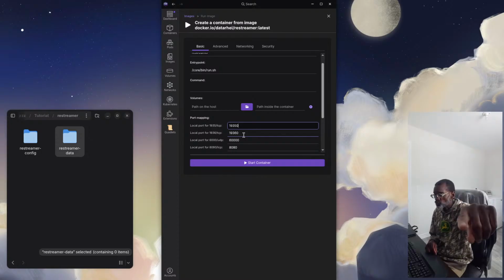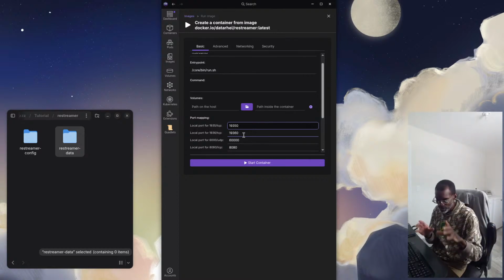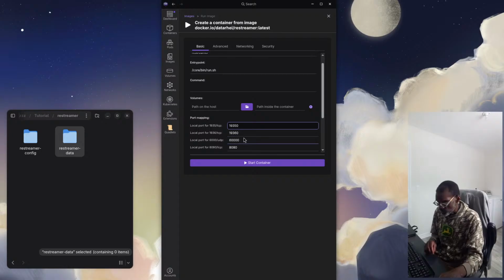This is actually my phone. It's an old phone, so I'm using that as a webcam. I do not want to interfere with any of the other ports, so I'm being extra cautious. But if I wasn't doing a live stream, I would leave the default. So that's up to you. Obviously, you can change it to whatever you want.